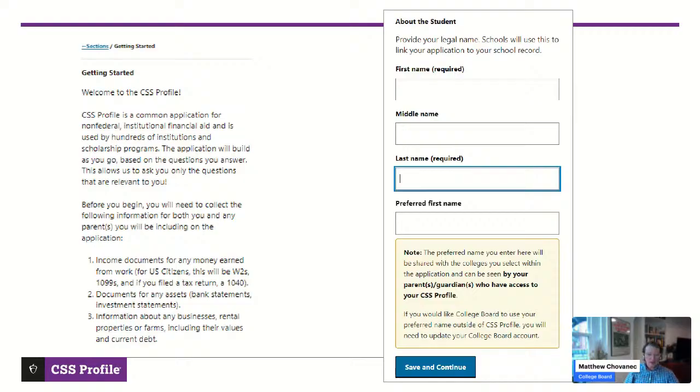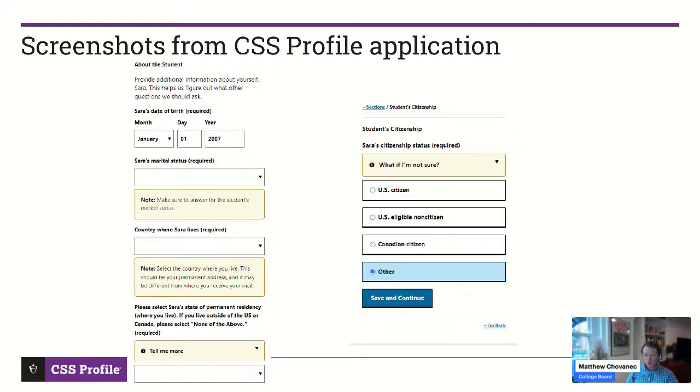There we go. And then on the next slide, you can see we're going to ask you about your citizenship, which will be important for you. Most of us are not going to be US citizens. On the next slide, you can see